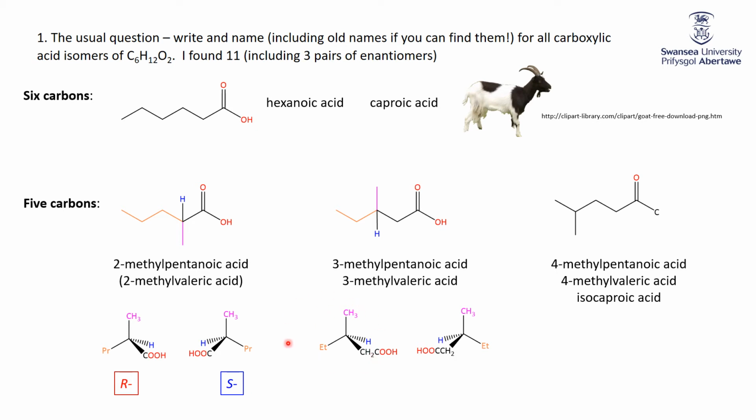So for this enantiomer here, acid group number 1, ethyl number 2, methyl number 3. So clockwise, making that the R. And then here the acid group number 1, ethyl number 2, methyl number 3, we're going 1, 2, 3 anti-clockwise, which makes that one the S. So we've done the 6 carbons, we've done the 5 carbons. Let's move to the